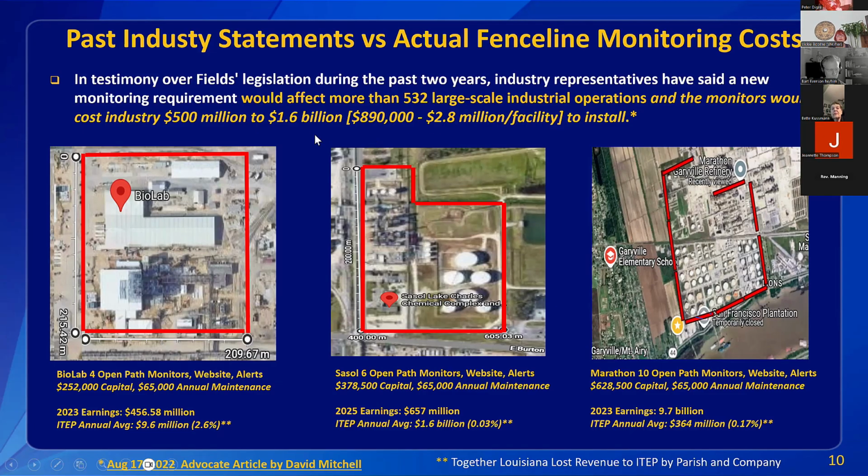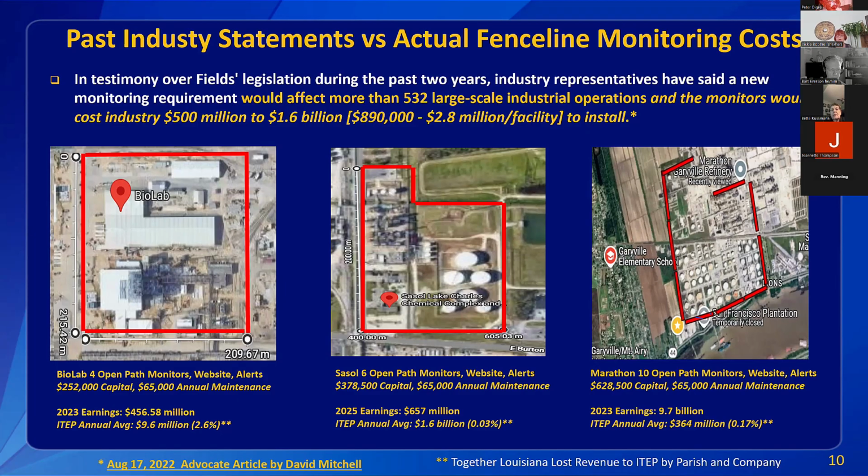So for comparison I've just put in 3 examples here. You may remember that horrendous chlorine leak from Biolab. Like most of our chemical manufacturing facilities, the system would only require 4 monitors and would cost just over $250,000. And then Sasol, which is more regularly shaped, would require 6 monitors at a cost of $378,500 in capital. And then Marathon, which is the nation's 3rd largest refinery, would require 10 open path monitors and cost almost